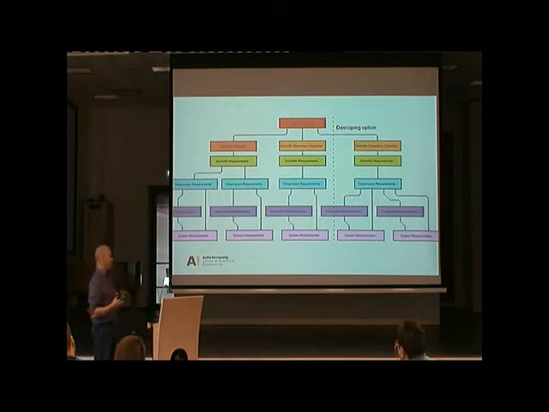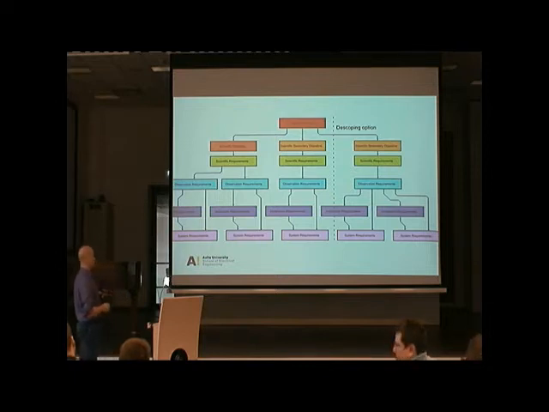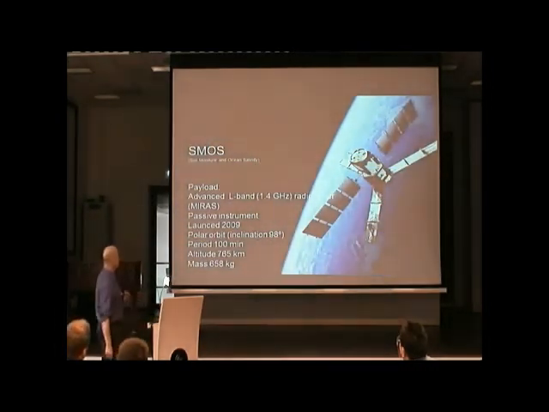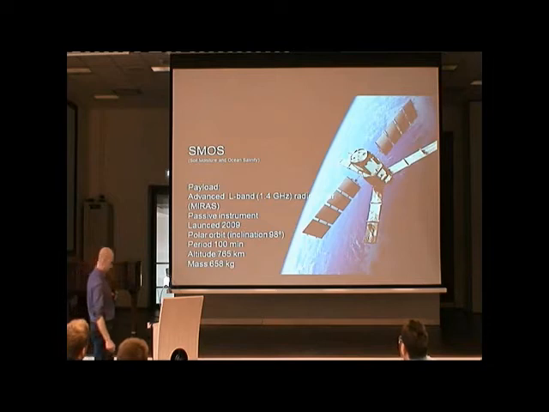How often you have to measure, how accurately you have to measure. And then you go to your scientific requirements. And then you go from scientific requirements to observation requirements. So that means you are starting to specify your instruments, how accurate they have to be. And then you go to system requirements. What kind of system you need to have to get this accuracy and so on. So this is a bit too complicated for a CubeSat mission, but I'm just showing you how this is done in an ESA project. So this is a smaller mission, and nowadays these missions start to be more like this